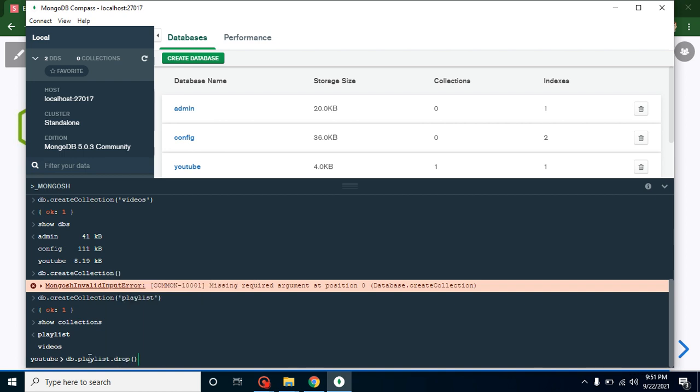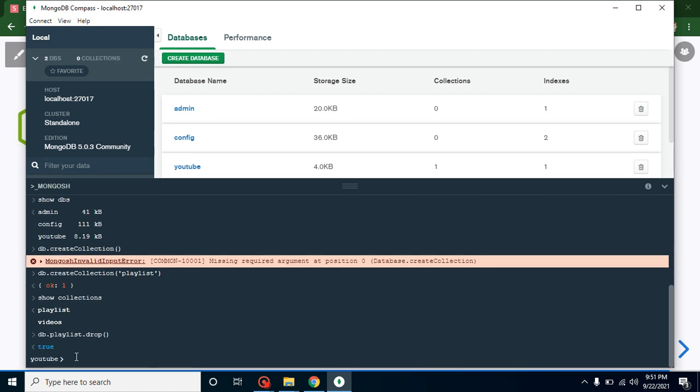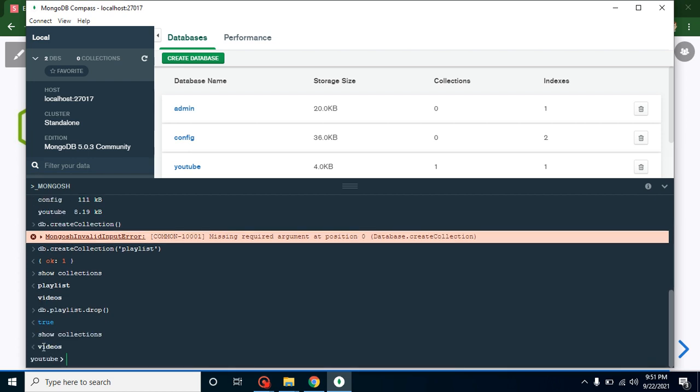Some guys may have this question: let's say we have a playlist collection in two or more databases, on which database will this playlist be deleted? Your current database. You can see that your current database is selected from here, right? Now whenever we hit it, our collection is deleted. You can see with show collections that now we have only one.